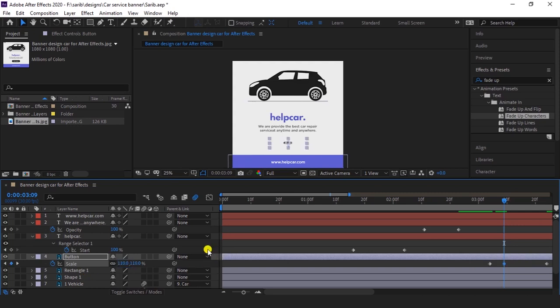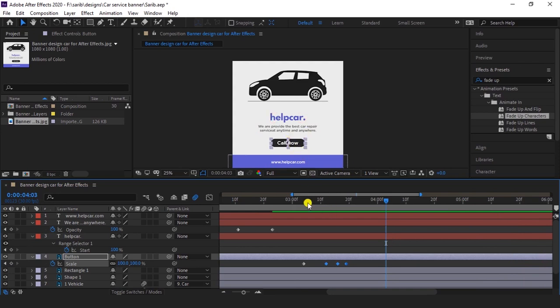Hit enter. Now you will get a key and then come forward again and give value here 90 and drag your key here and select 3 keys, drag here, and now if you play, so this will be animate like this, like bounce effects.